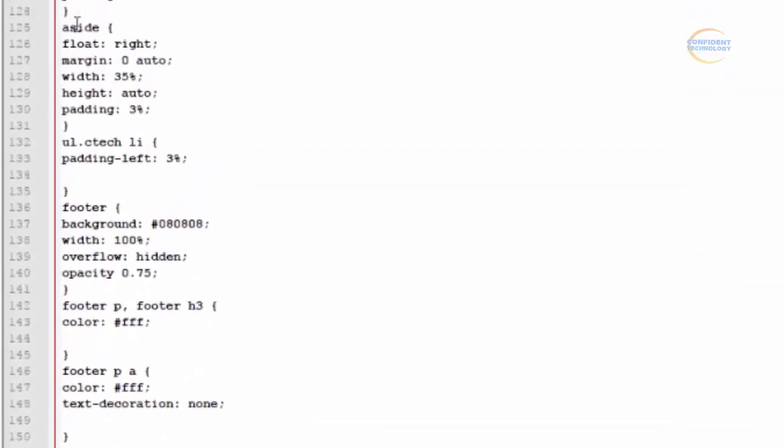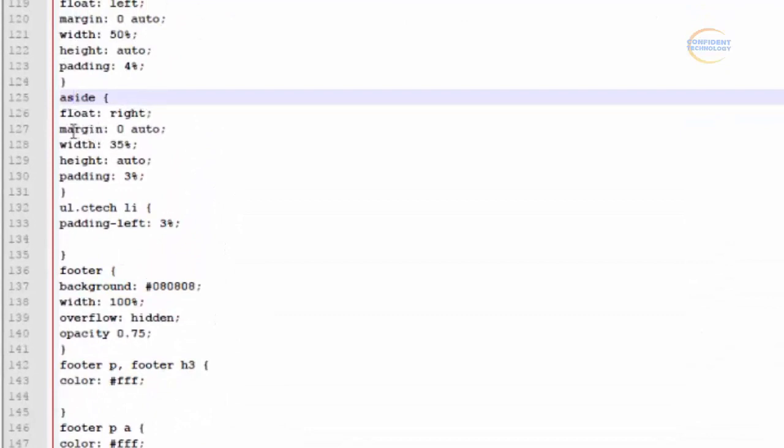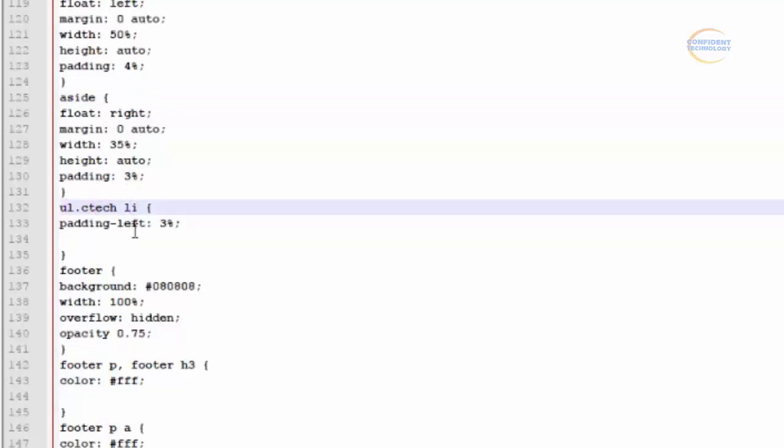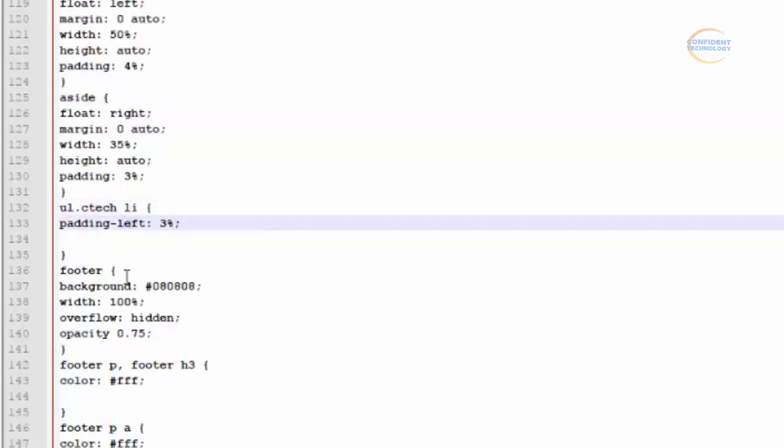And we can do SR or SR float right. Margin 0, top 0 auto, width 35, height auto, padding 3. Or honor or list for the CTEC listing, padding should flow left. Or footer,